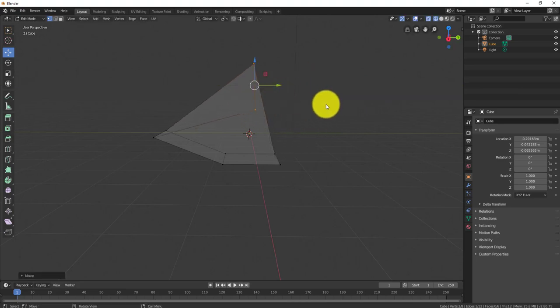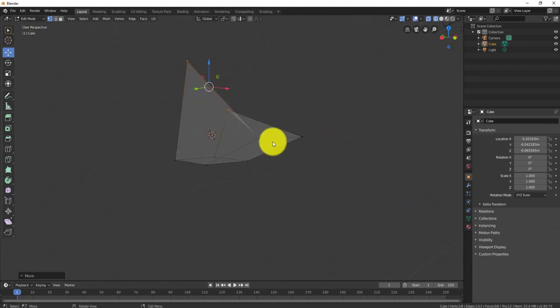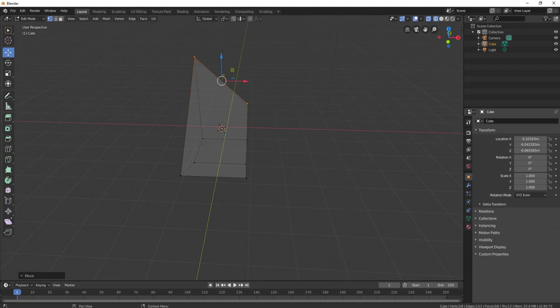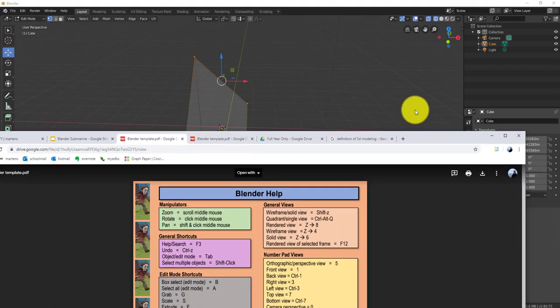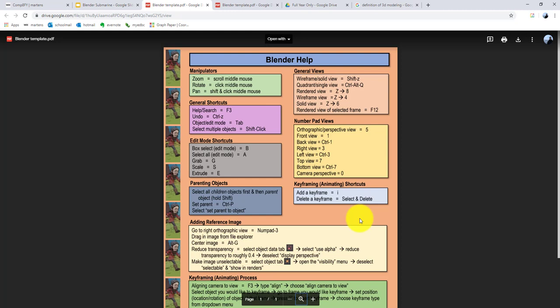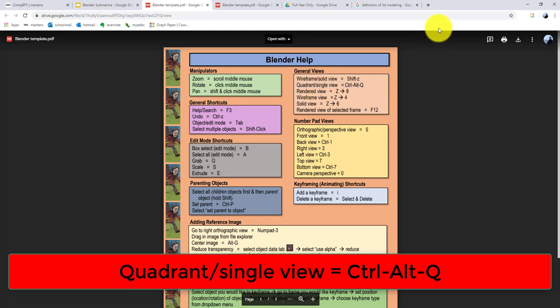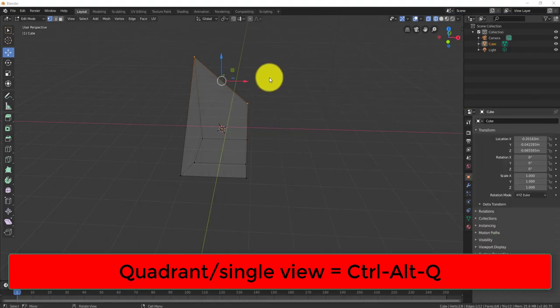The last thing I want to show you before I challenge you to do something on your own is finally the 4 views. So this right here is just the perspective view. If you want to see multiple views at once, the keyboard shortcut, if I can find it on my document here, just gotta find it. Right here. So general views, quadrant or single view, Control-Alt-Q. Okay, so if you press Control-Alt-Q,